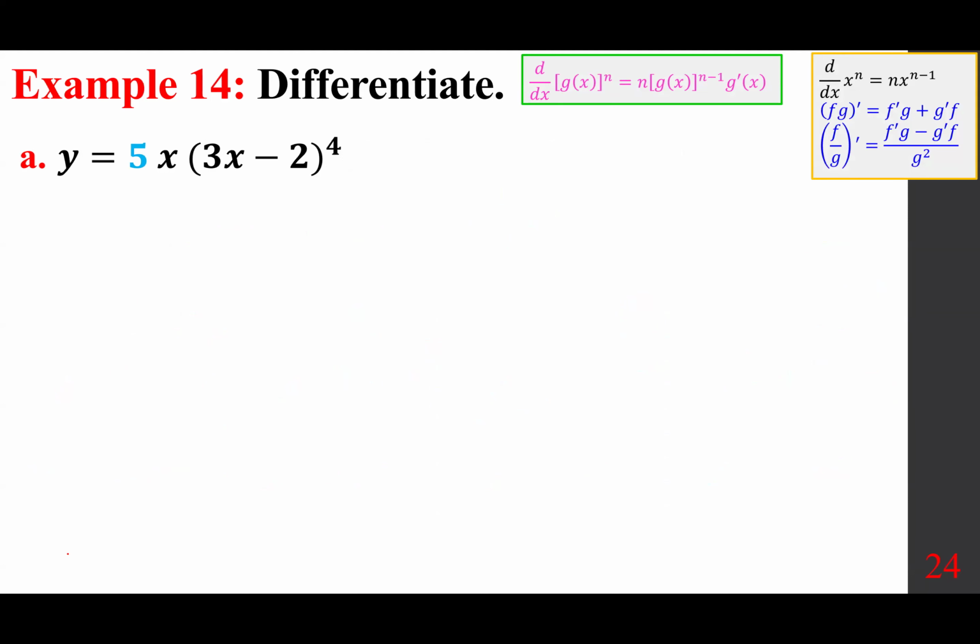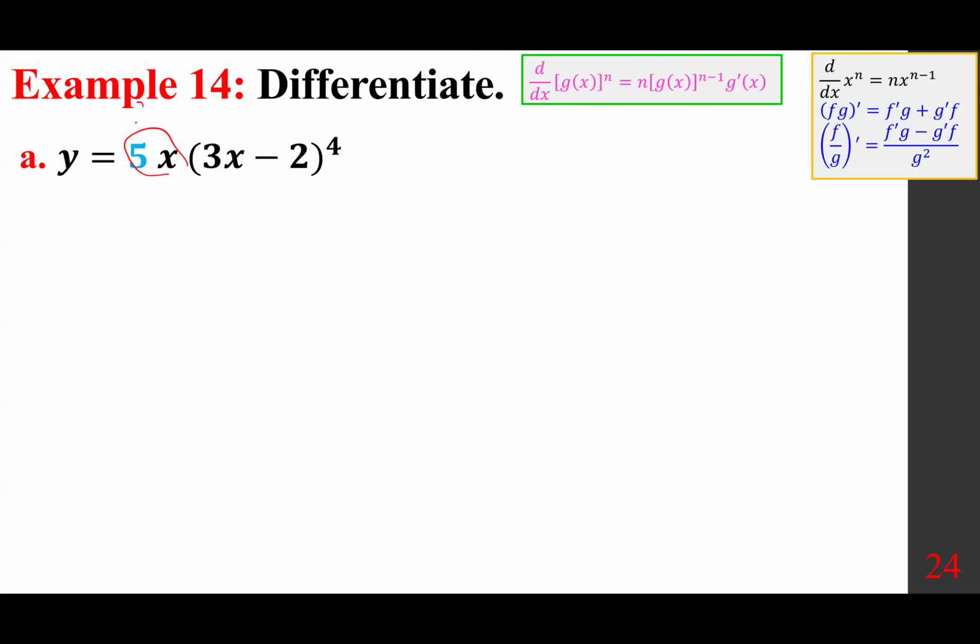y equals 5x times (3x minus 2) to the power of 4. We want to differentiate this. So this number, 5, can be put outside, put brackets around what is left, and it will carry on, or you can make it part of x. Because this number is very simple, you don't have to worry about that, but if it's large or too small, you want to do that. I'm going to quickly show you what I mean by that. I'm going to go both ways, starting with